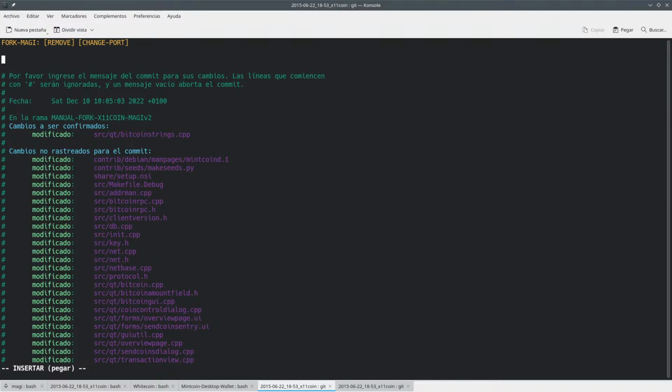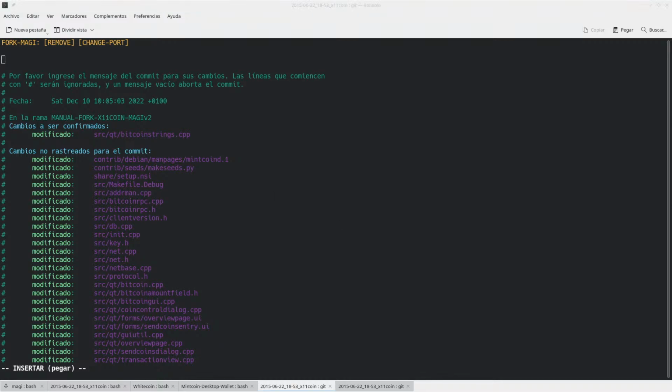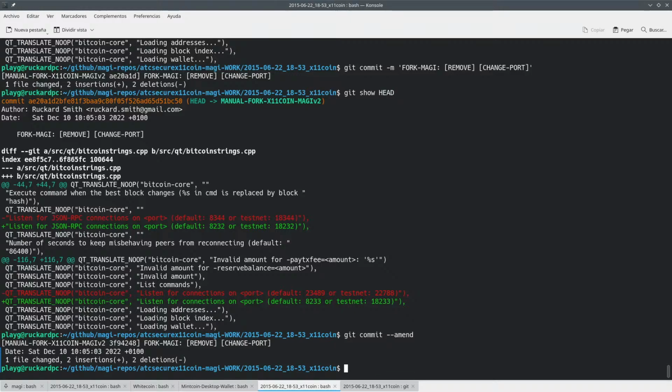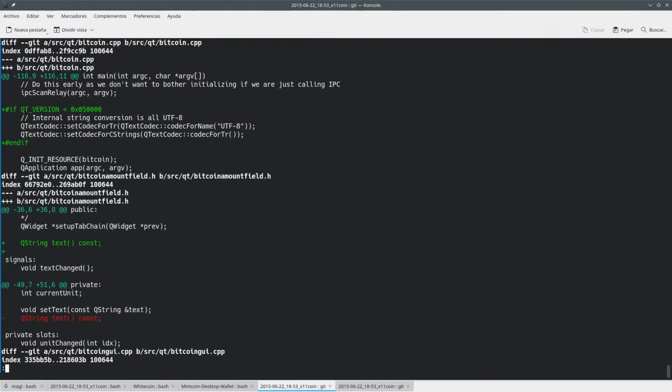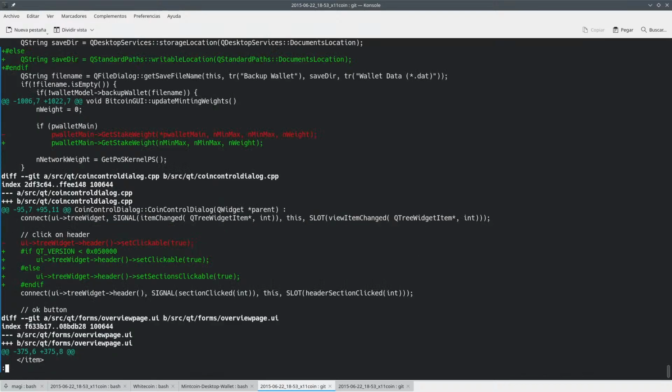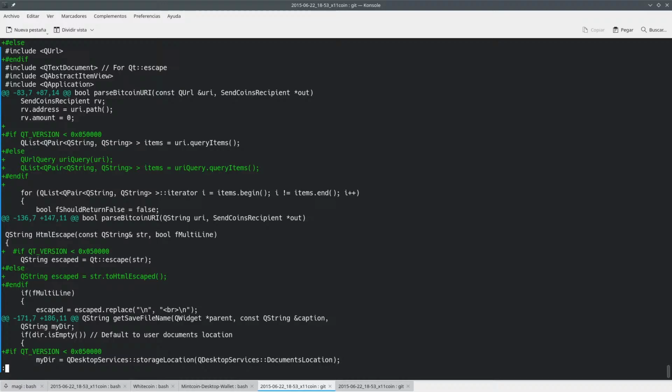So we change the port here. Yeah, okay, so what more do we have around here that it's useful to be done into a single commit, that it's not,